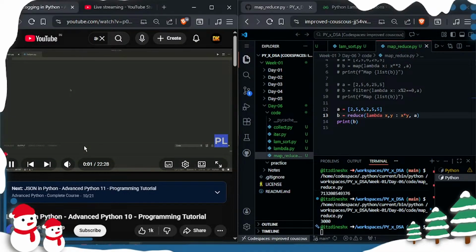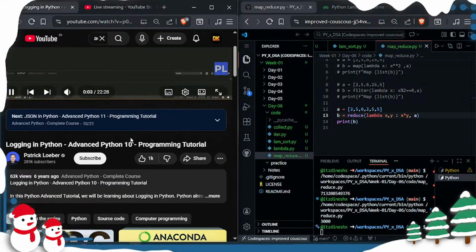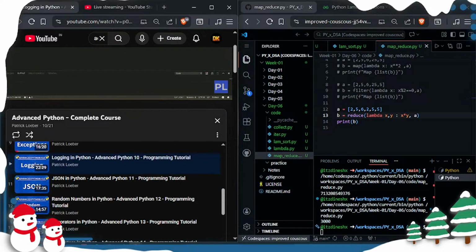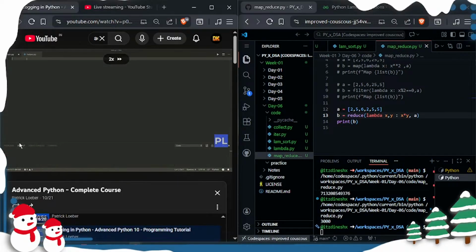Hi everybody, welcome to a new Python tutorial. Today we're going to talk about logging in Python. Python already comes with a powerful built-in logging module, so you can quickly add logging to your application by simply saying import logging, and then you can use this